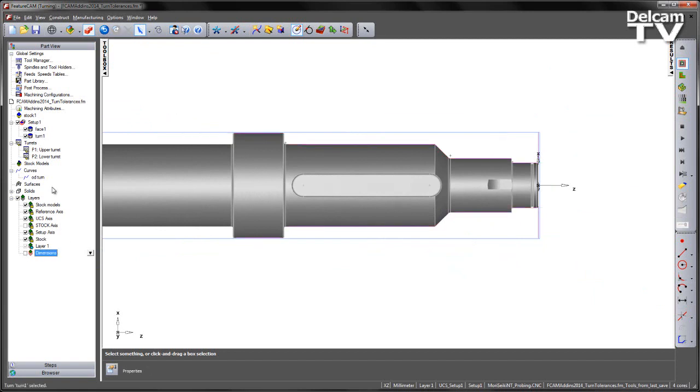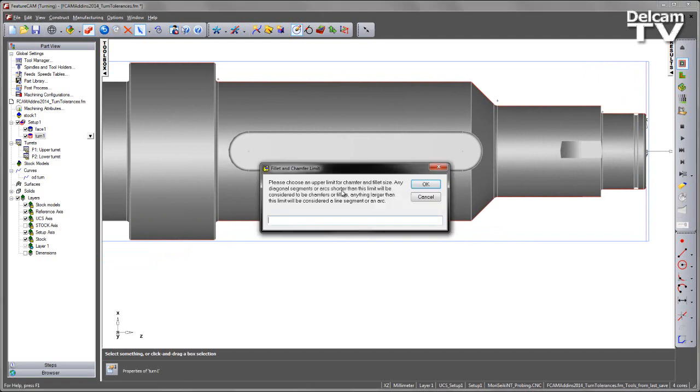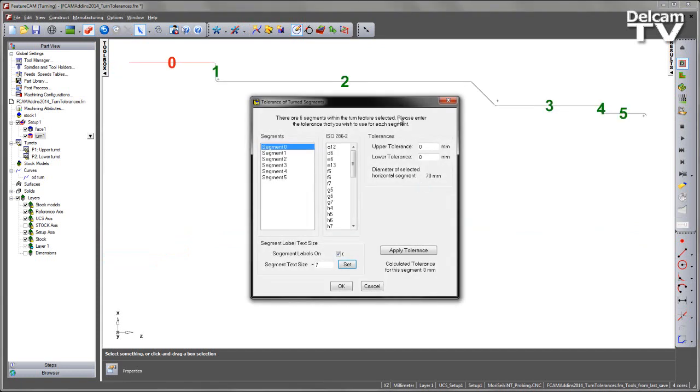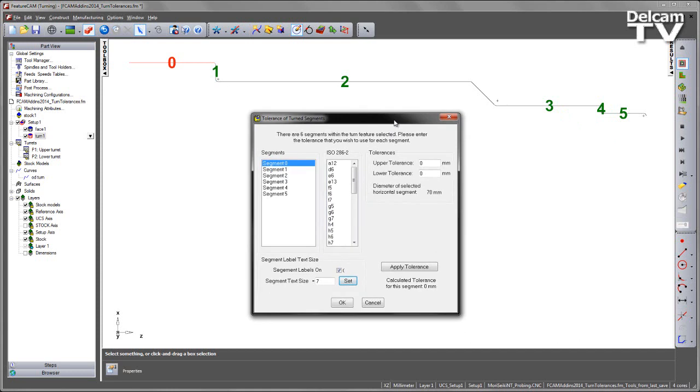So I'm going to reselect my turn feature, reposition the part, and once again run the macro. So in this instance, just to be safe, I'm going to enter a slightly larger value of 2.5 and say OK, and then what we see is that the add-in extracts the curve from the turn feature, breaks the curve into geometry and separate segments shown on screen. So we're able to select the separate segments like so,